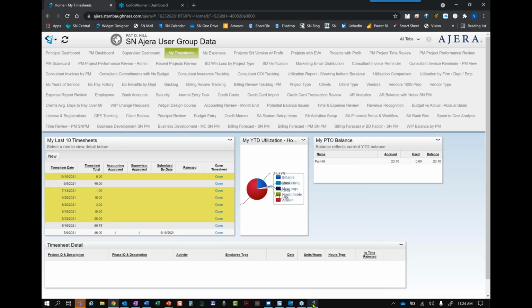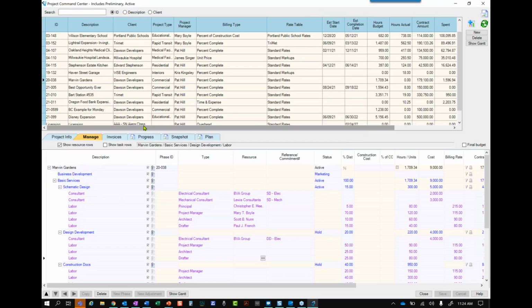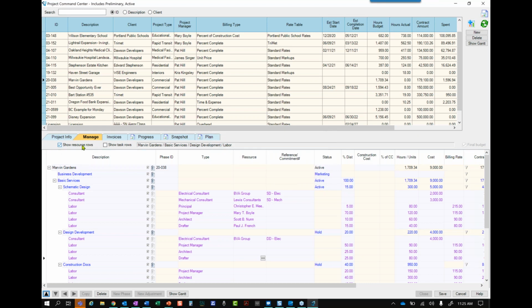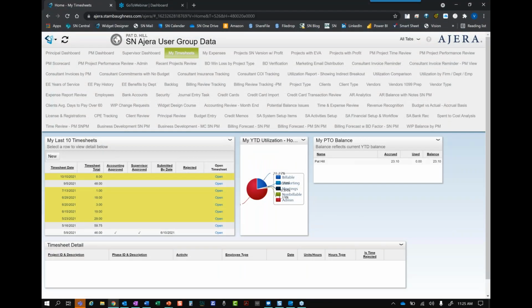And so this is a field that, whoever in your office is checking projects to make sure they're set up correctly, once they have completed their review, they can check this final budget. When I say yes, you'll see that things look different, and I cannot click into these contract fields and change these anymore. And so in the security role, when we set certain fields to say, yeah, let project managers change these fields until I click this button, I want to show you what that looks like from the project manager's perspective here quickly.